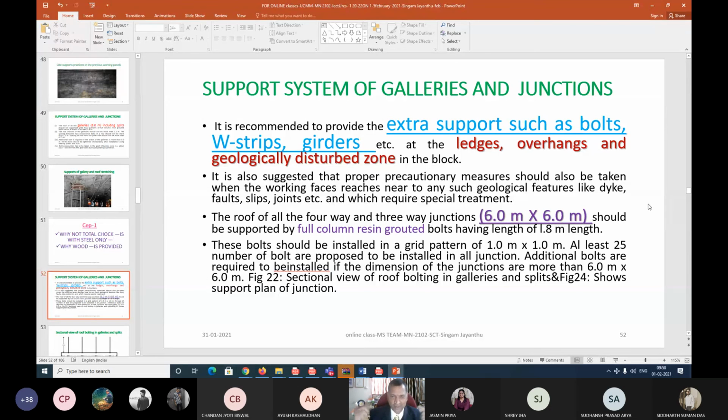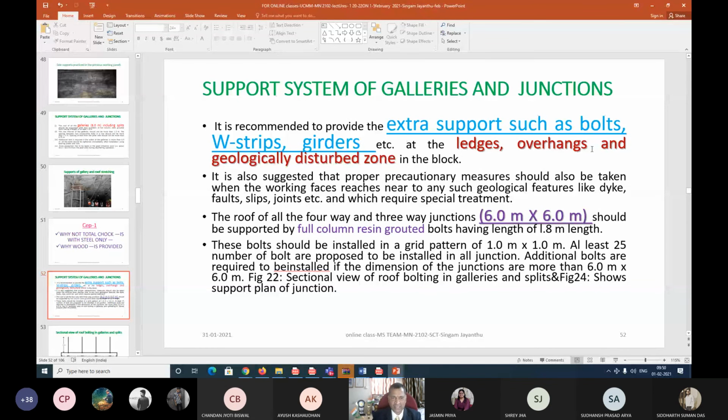That place is continuously under the supervision of a mining sardar, right? He is a first grassroots level supervisor there, working as per the regulations, as per the stipulations, as per the suggestions or guidelines framed by the manager and others. When you join, you will be joining as assistant manager, my beloved students of underground coal mining methods.